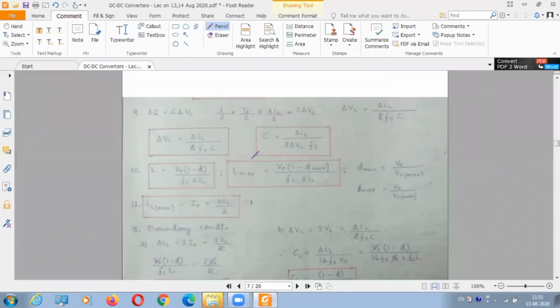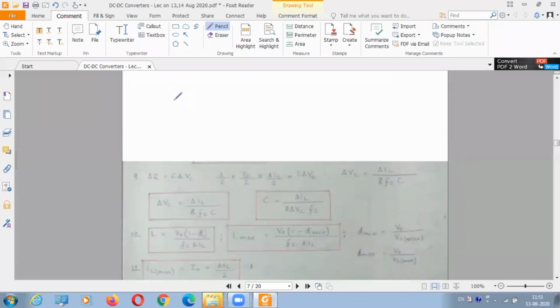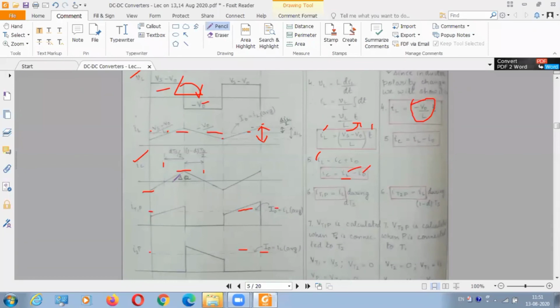So that minimum voltage ripple will be there, because you know the capacitor is connected in parallel. It doesn't allow change in voltage, dV by dt. So del Q, you know, Q equals CV. And I have considered this positive region, again for sign, otherwise you will make sign mistakes. That's why I have considered the positive region. So during this region, there is a del Q charge to be stored.